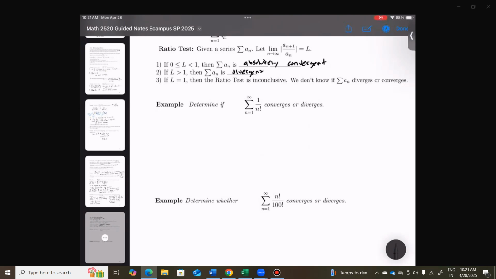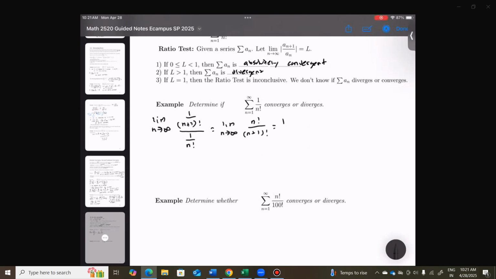So we're going to look at the limit as n goes to infinity of 1 over n plus 1 factorial over 1 over n factorial, which is the limit as n goes to infinity of n factorial over n plus 1 factorial,